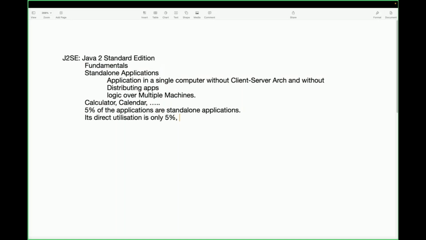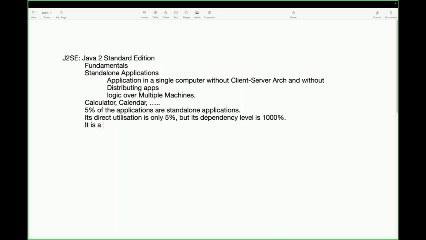But its dependency level is 1000%. Sir, what is this mathematics actually, the 5% and 1000%? I'm giving clarity. Now try to understand it. In application development, J2SE direct use is only 5%, but